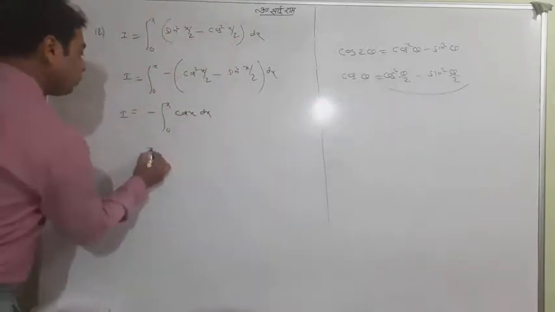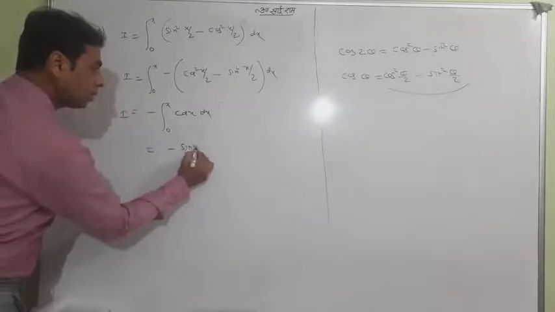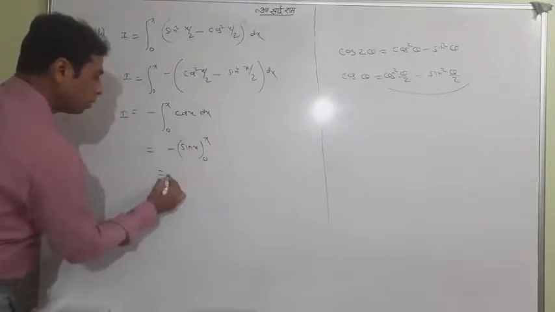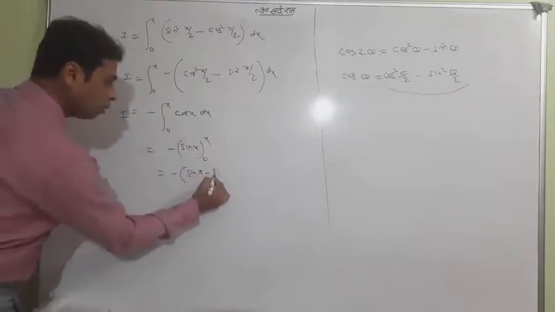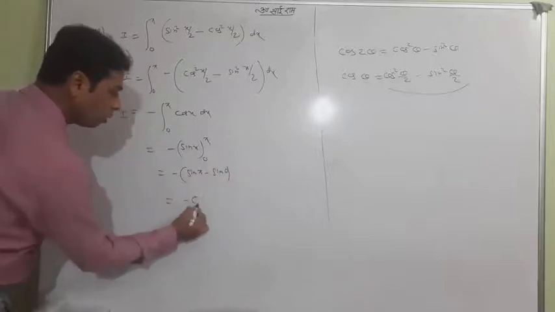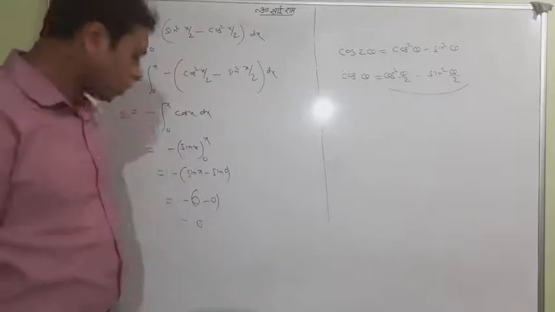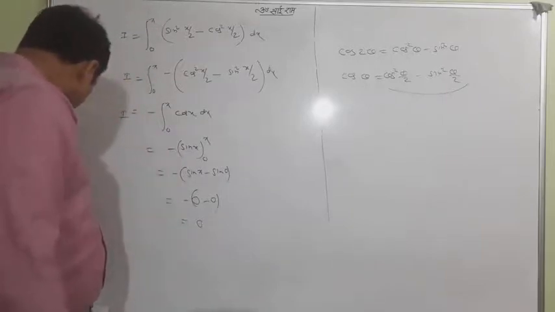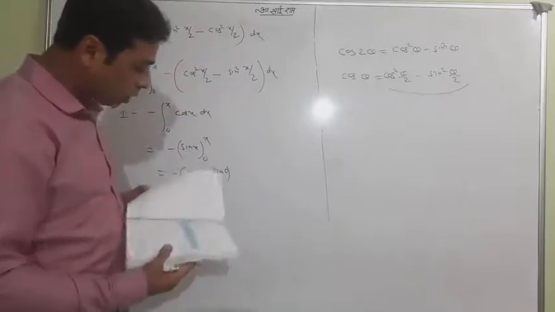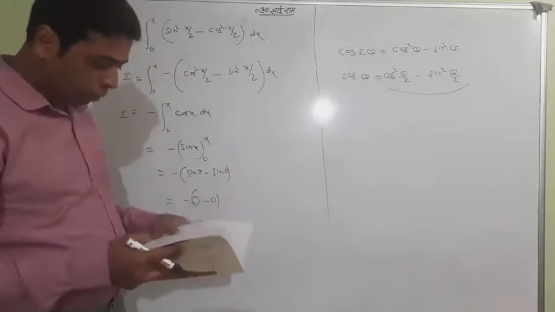And you know the integration of cos x is sin x, limit from 0 to pi. So upper limit sin pi, lower limit sin 0, ultimately 0 minus 0 is 0. That's the answer. So this is a simple way. Now, students, the 19th one is very similar to 14, which I taught you here. And the 20th is